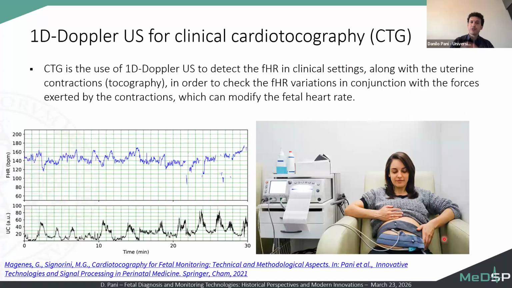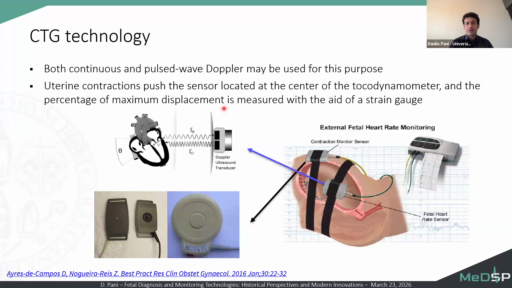The same technology is used in clinical cardiotocography. Here you can see on the top trace the fetal heart rate acquired in exactly the same way, so 1D Doppler ultrasound. But here in the lowest part of the plot you can see the uterine contractions, which are recorded by means of another sensor, which is the so-called TOCO sensor. In terms of the fetal heart rate, the detection is the same that we mentioned before. Continuous and pulsed wave Doppler may be used for this reason, whereas uterine contractions are based on the